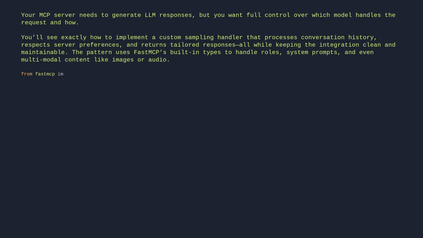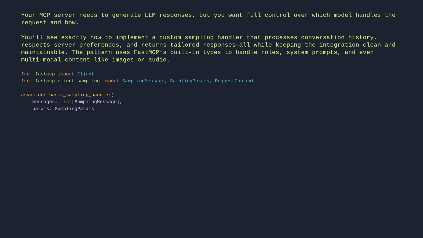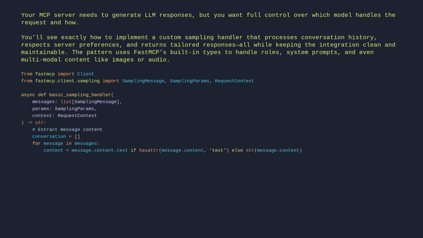From fastmcp import Client. From fastmcp.client.sampling import SamplingMessage, SamplingParams, RequestContext. Async def basic_sampling_handler(messages: list[SamplingMessage], params: SamplingParams, context: RequestContext) -> str: # Extract message content. conversation = []. For message in messages: content = message.content.text if hasattr(message.content, 'text') else str(message.content). conversation.append(f"{message.role}: {content}")